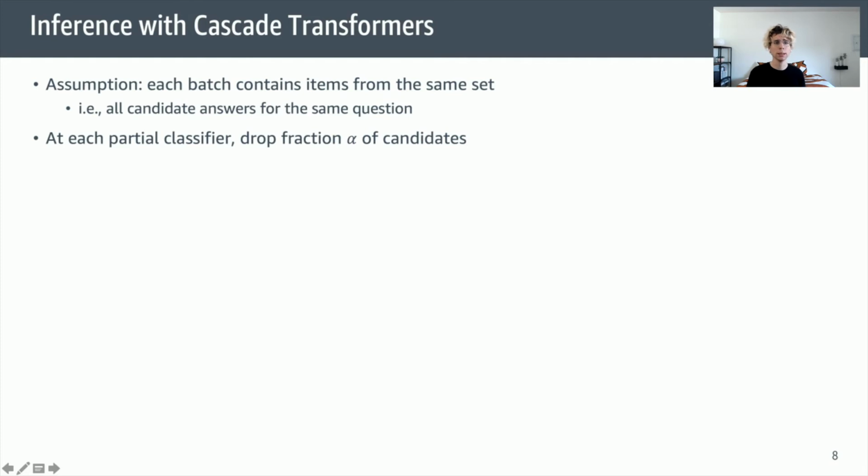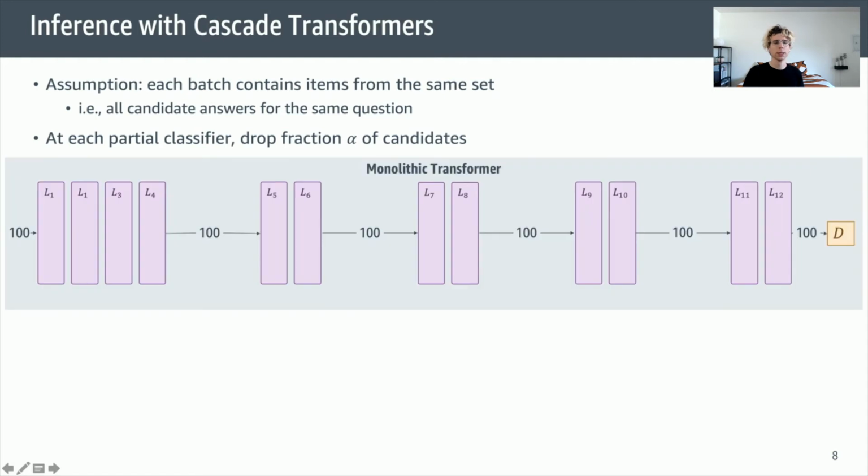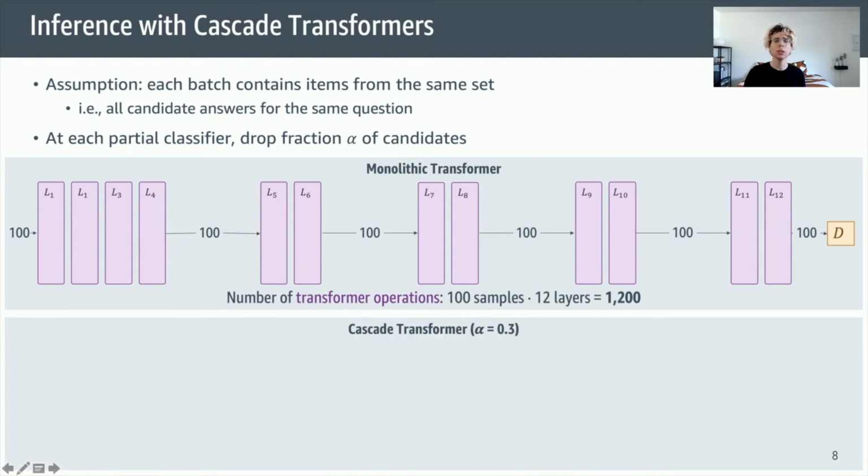Inference is equally easy. Assuming that each batch that goes to the classifier contains candidates from the same set, at each of the partial classifiers, we drop the fixed ratio alpha of candidates. So where a monolithic transformer has the same batch size throughout its computation, which results in a number of transformer operations equal to 1200, if we assume a batch size of 100,